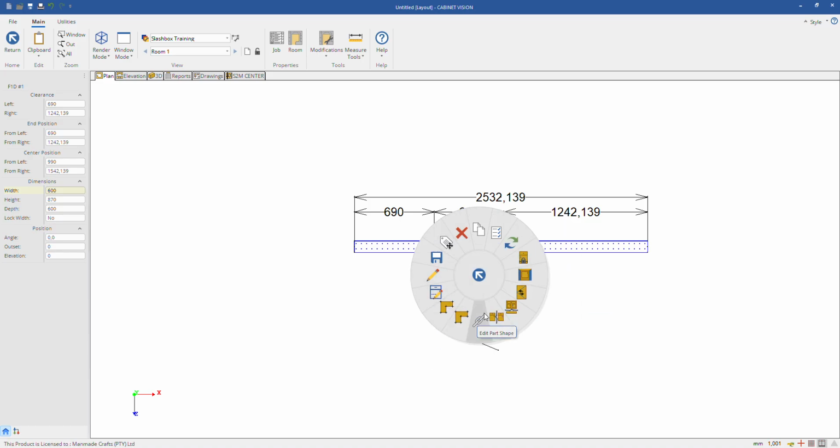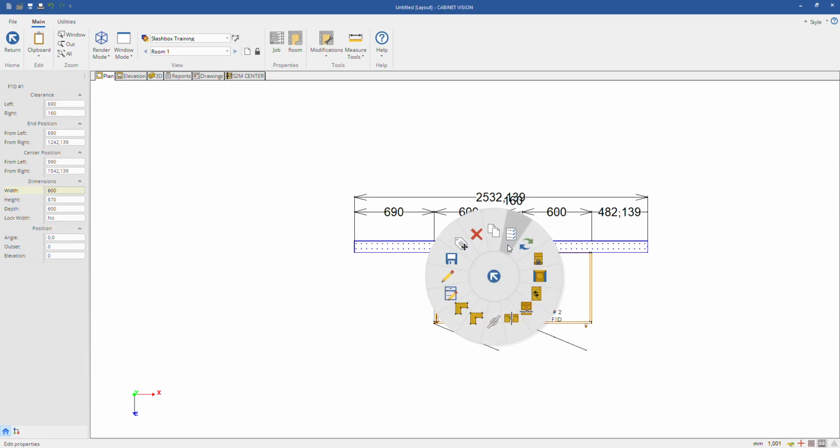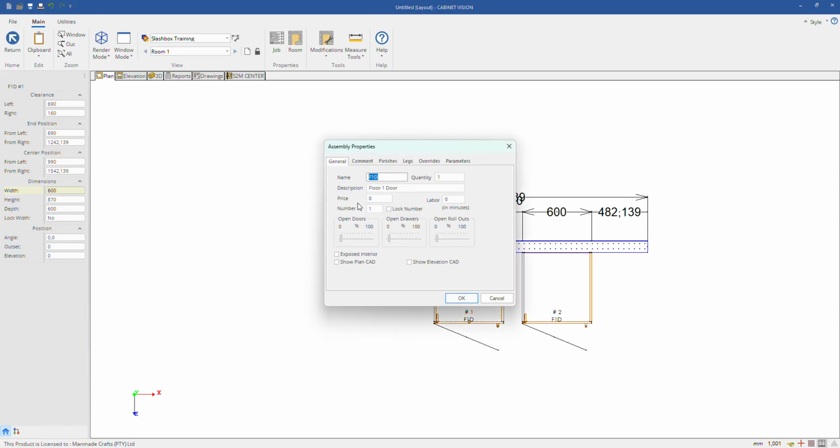So on this now I have a bunch of options. First option I have is copy. It creates a copy of the unit which I can then place multiple copies of. Next option is properties. Properties opens up the properties tab for this unit where I can now go and